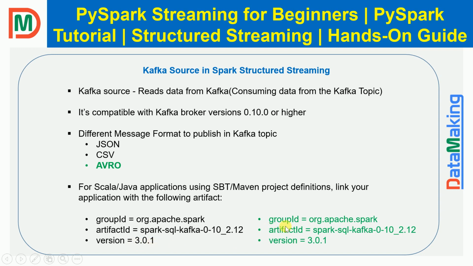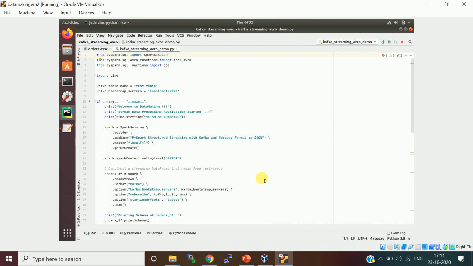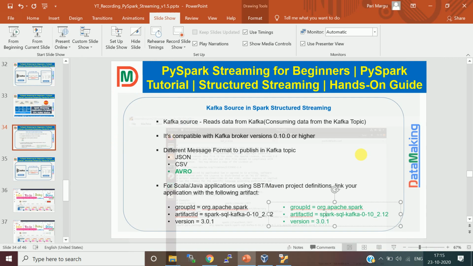For Kafka, there is a typo. It is going to be spark-avro. Sorry, I did not correct this. You can remove this one.